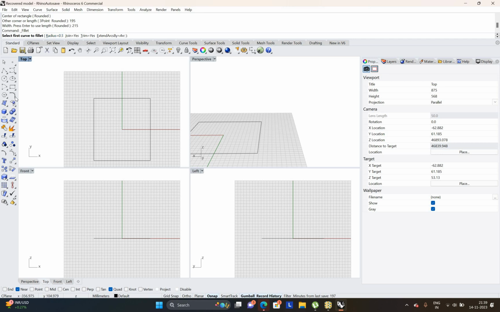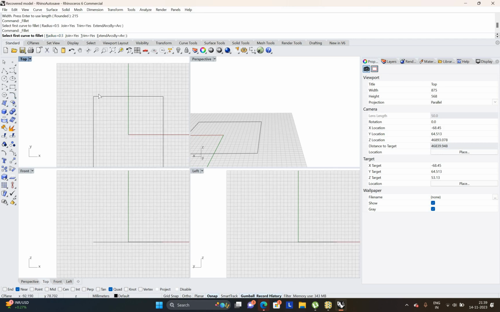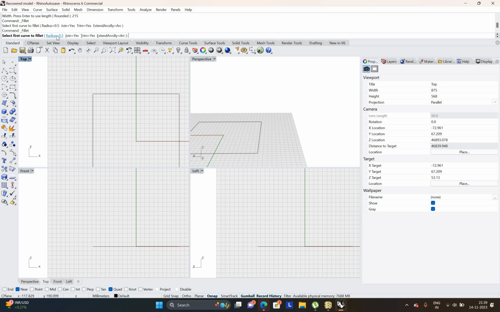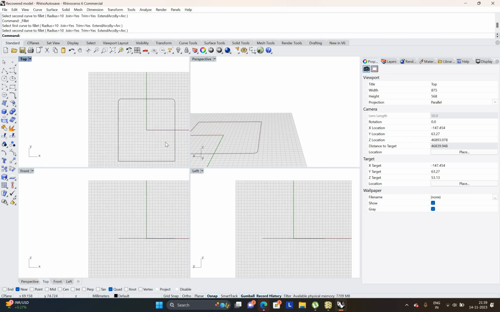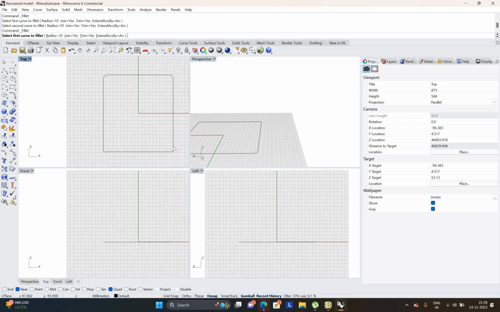And I took the here. What I'm going to do is I'm going to take the radius. I'll take the radius as 10. Click enter. And one click, second click, right click to repeat the command, and repeat this for each of the four corners. Okay, now what I'm going to do is